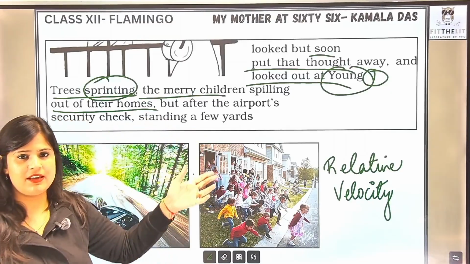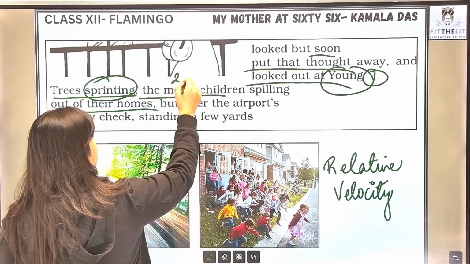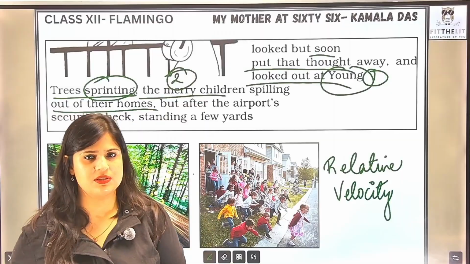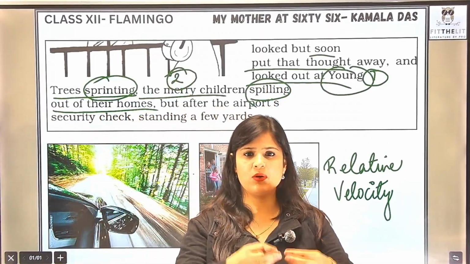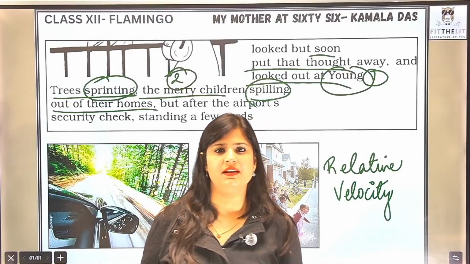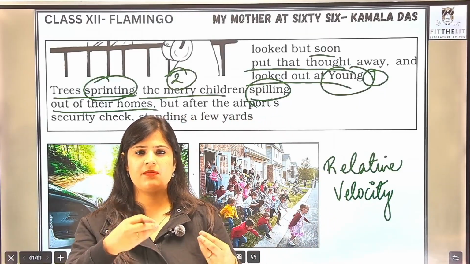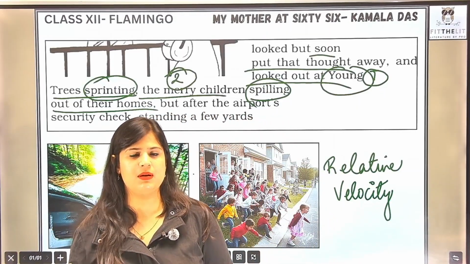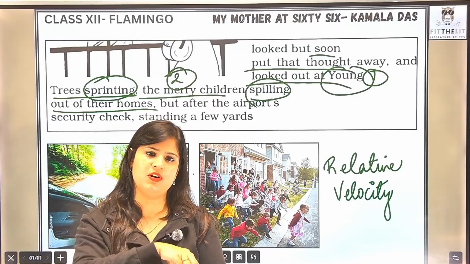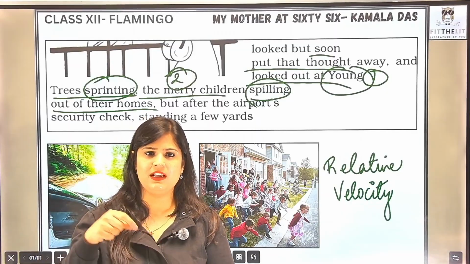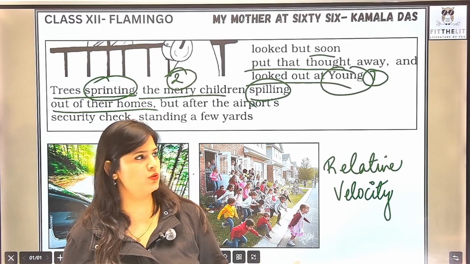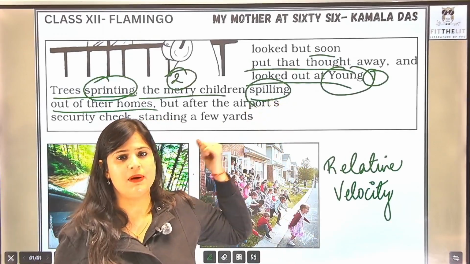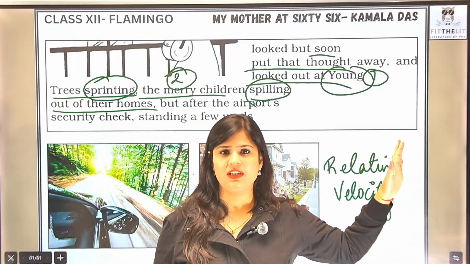Then the second thing that she looks at is merry children spilling out of their houses. Now spilling, the term is generally used when a liquid overflows its container, है ना? जब liquid एक बाहर आ रहा था उसके container से, जब आप for example you keep on pouring water in a jug, तो आपने बहुत ज़्यादा डाल दिया and then finally it pours out, वो बाहर की तरफ गिर जाएगा, तो उसको उसको हम कहते हैं spilling. But here the children are spilling out of their houses.